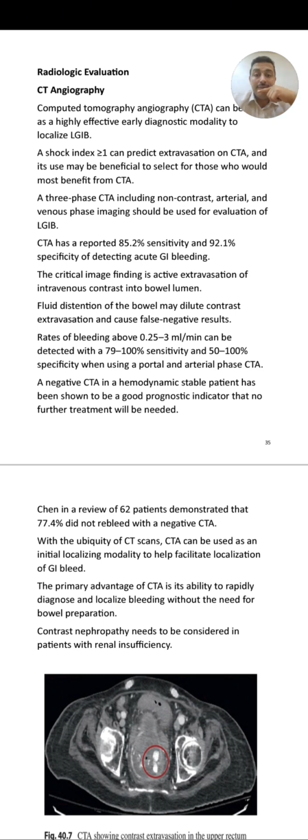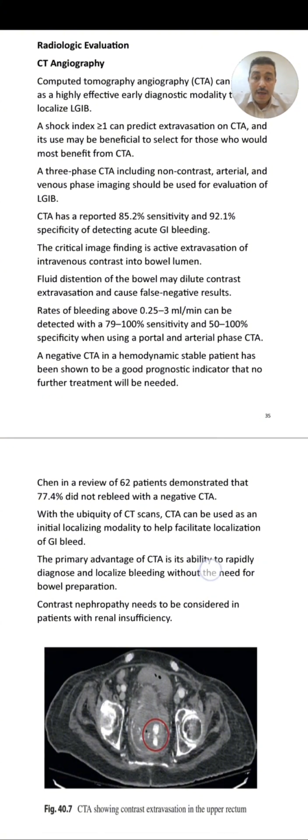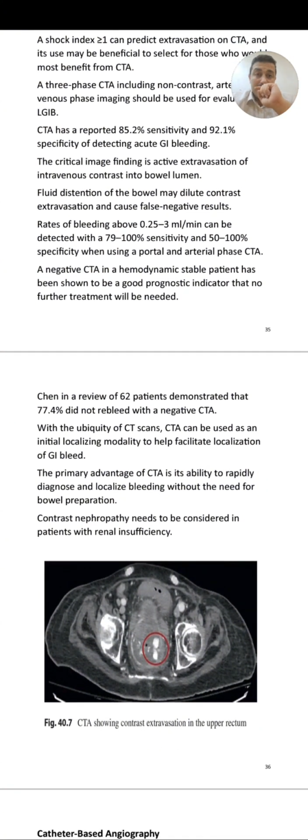Actually, if we did a CT angio and it was negative and the patient was stable, this means that no intervention is needed, there is no bleeding. In the case of a patient who is confirmed to have GI bleeding, but we didn't find a CT angio finding, we can use what we call the provocative CT angio, and this includes adding